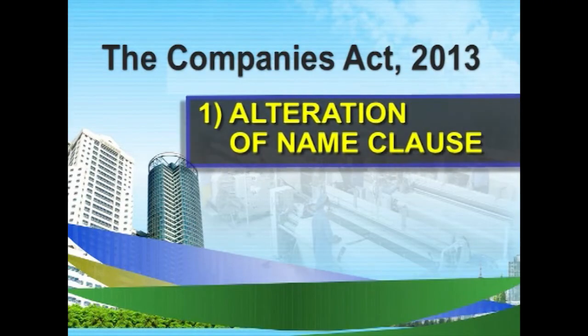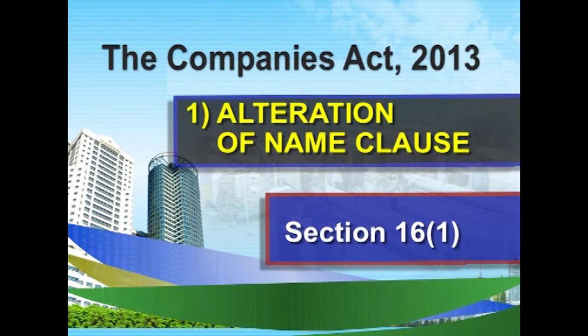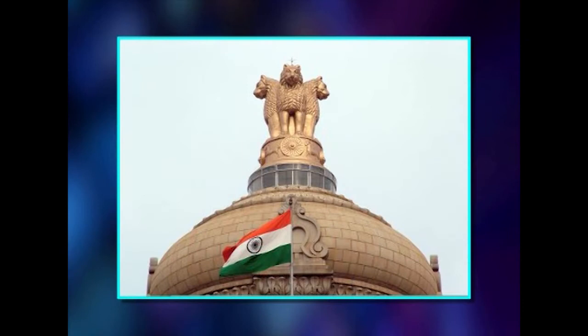Alteration of Memorandum of Association. 1. Alteration of name clause. According to section 16, subsection 1 of the Act, if it is subsequently found that through inadvertence or otherwise a company is registered with a name which appears to be undesirable or is identical with or too nearly resembles the name of a company which is already in existence, the central government has power to direct the company to change